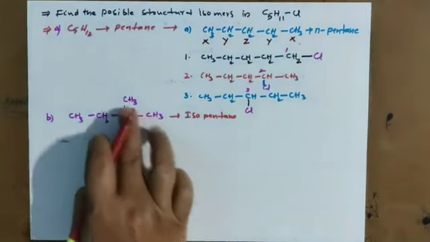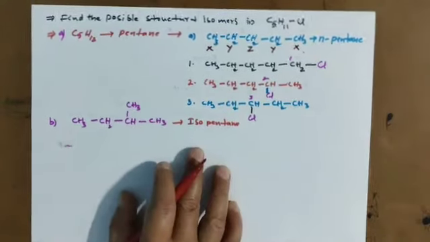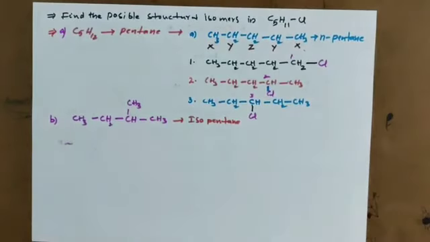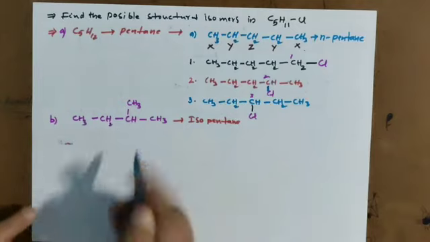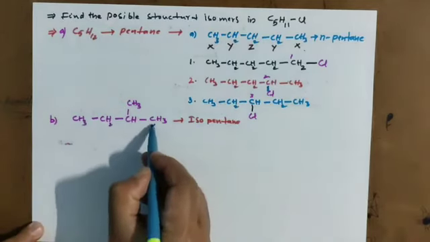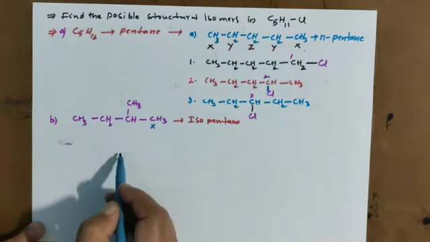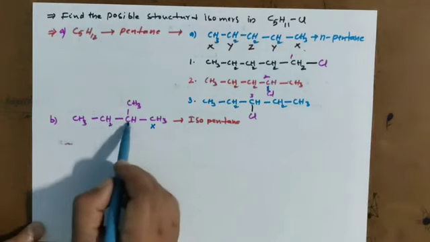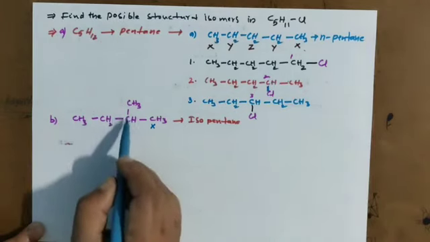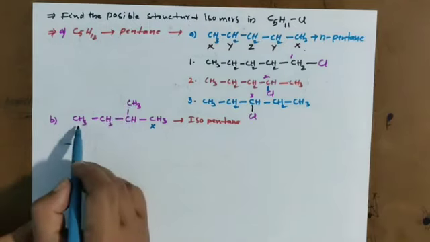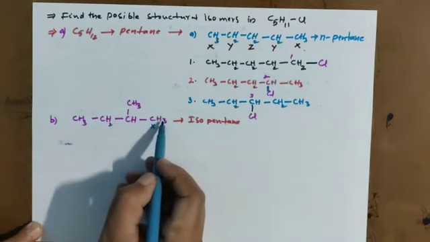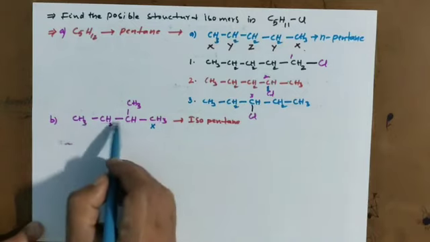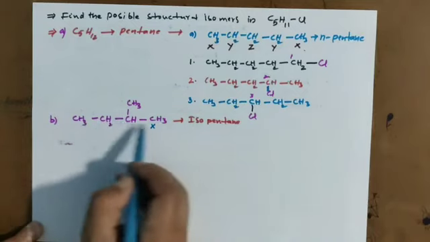So these two groups are same, methyl, methyl. That's why we are calling it isopentane. Now the types of carbons we have to address. Look here very carefully. This methyl X is bonded with 3 carbons. The first carbon has a methyl group. Come to here. This is methyl, no doubt. 3 carbons, but the first carbon is not bonded with a methyl group. So these two are not the same.